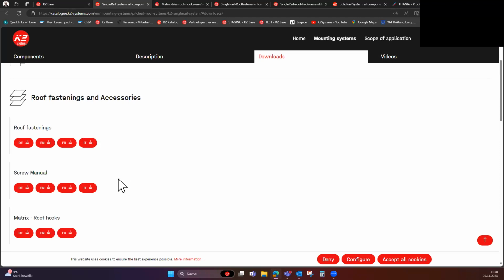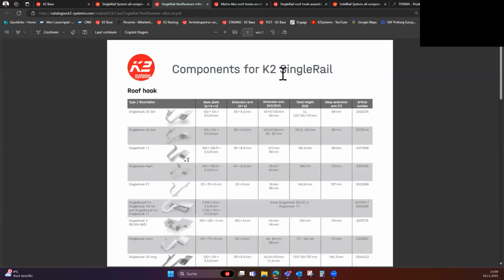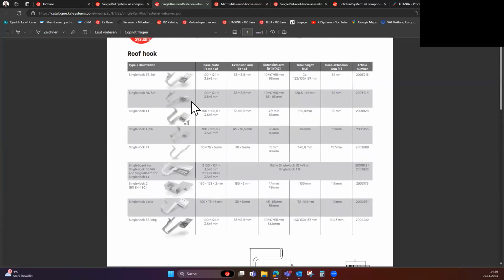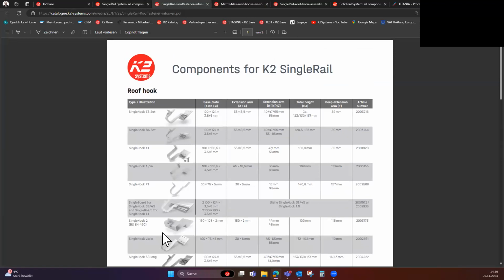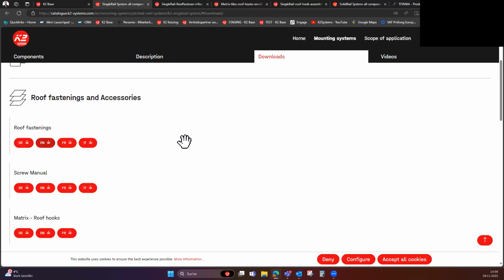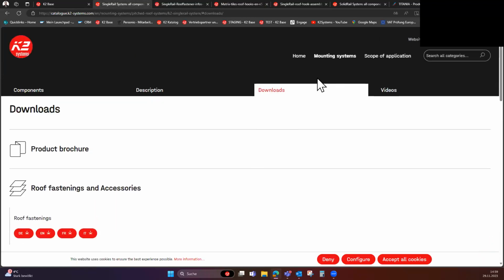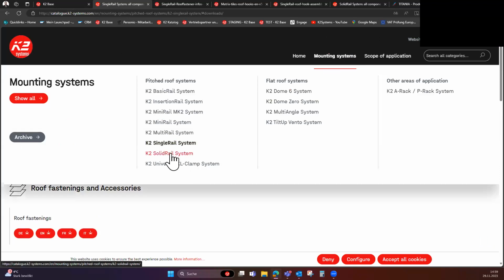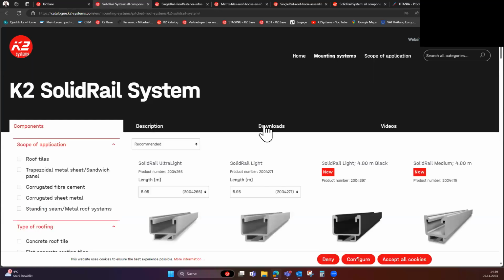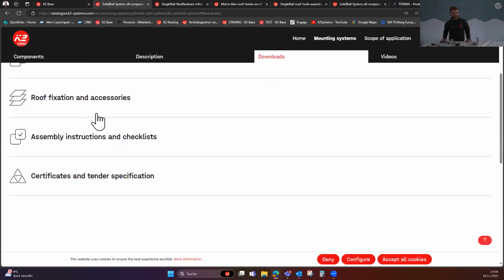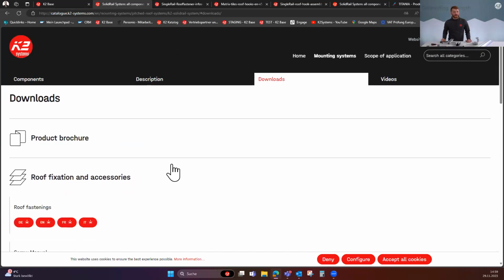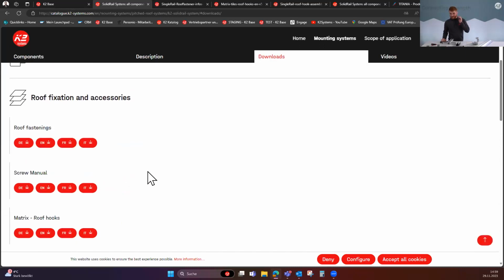But also important to know about the roof fastenings. We have here like 2 documents, one for the single rail. There are roof hooks only for the single rail. You can find it here. If you are looking for the hooks for the solid rail, you have to select here the solid rail system. In the downloads area, you have to select the same, and you will,